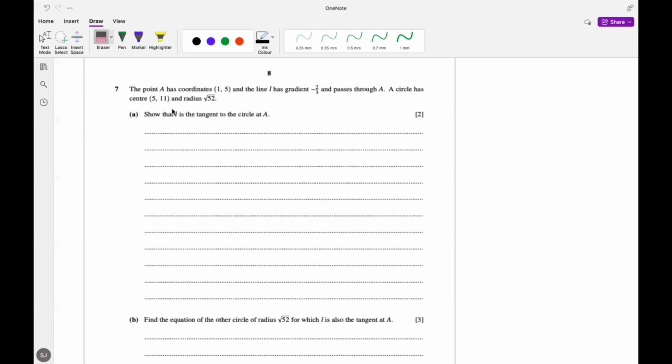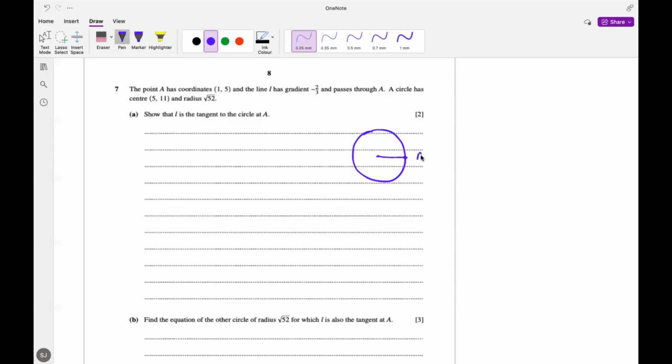In question 7, the point A has coordinates (1, 5) and the line L has gradient minus 2 upon 3 and passes through A. A circle has center (5, 11) and radius root 52. We have to show that L is a tangent to the circle at A. Now, if you want to show that L is a tangent to the circle at A, it means that, let's say this is the point A and the line L is a tangent,